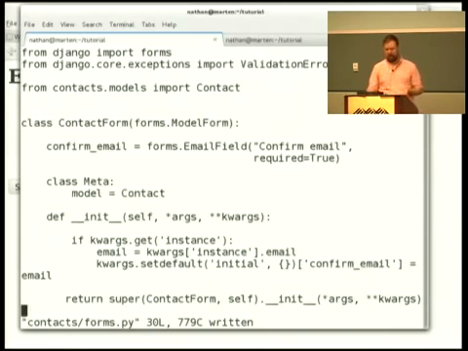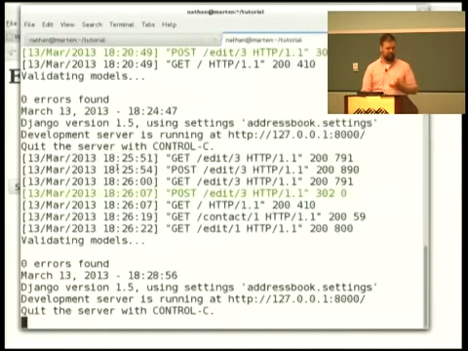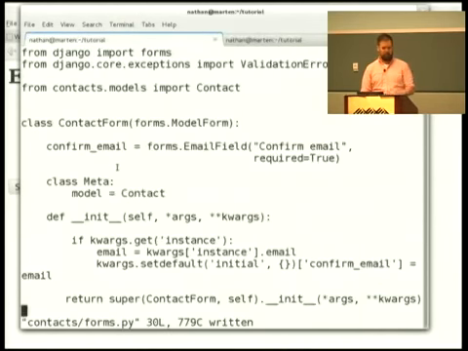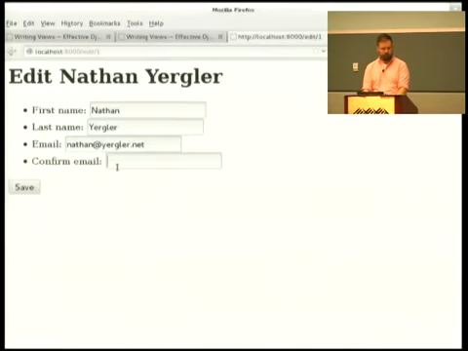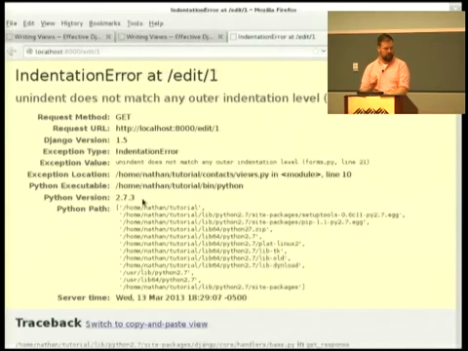So continue. So now I can just actually fall back to the default Django behavior. So now if I refresh this page, my